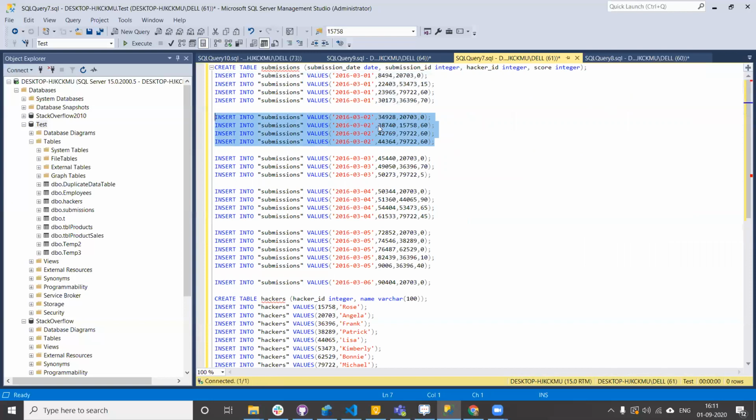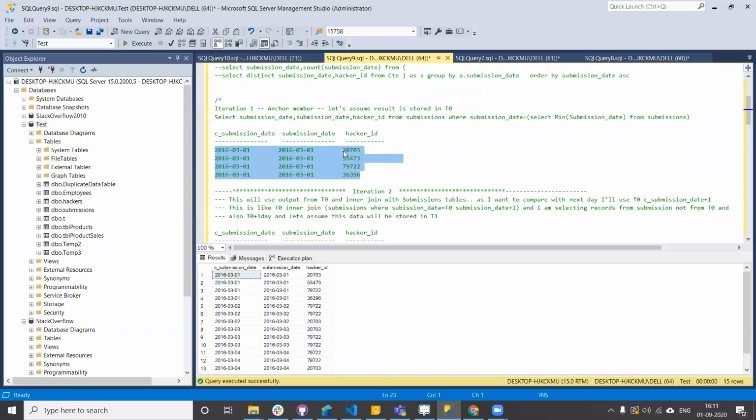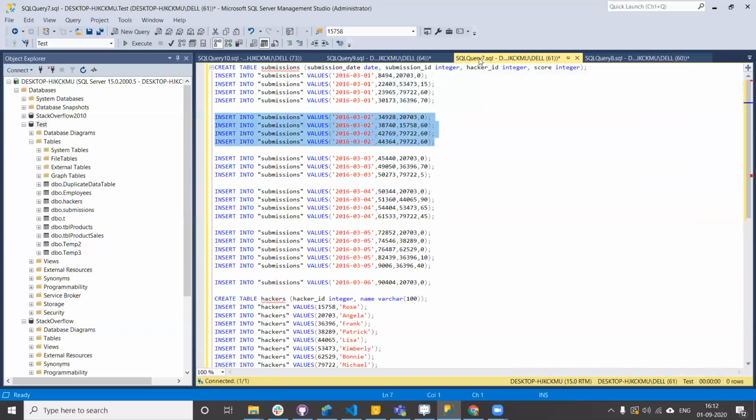When I do an inner join between this data and this data, what records will I be getting? I'll be getting 20703 and 79722. The remaining 2 items are not present, so the inner join will not give those results as an output.